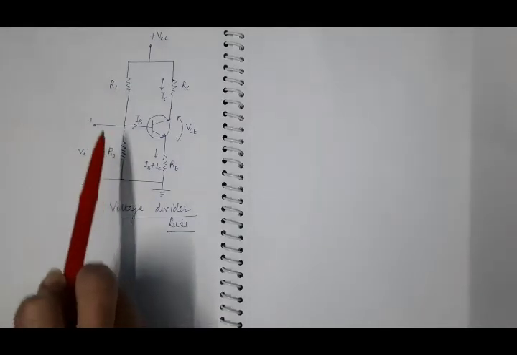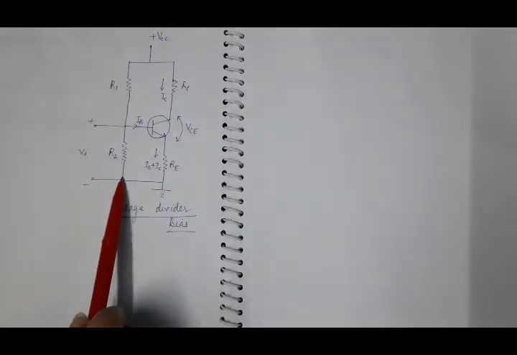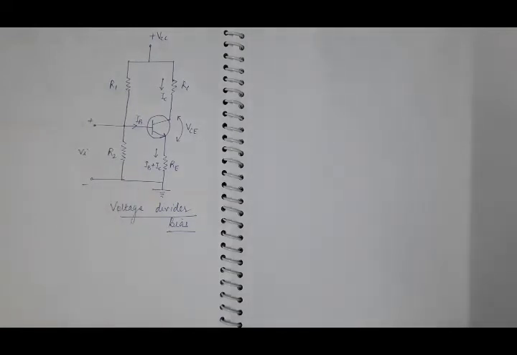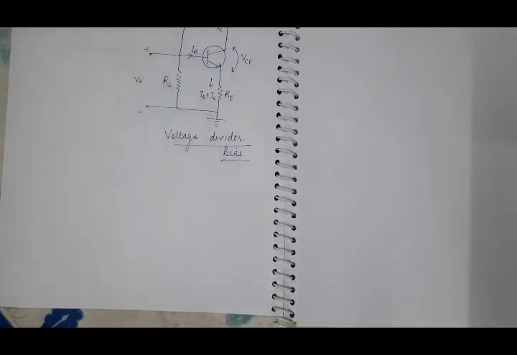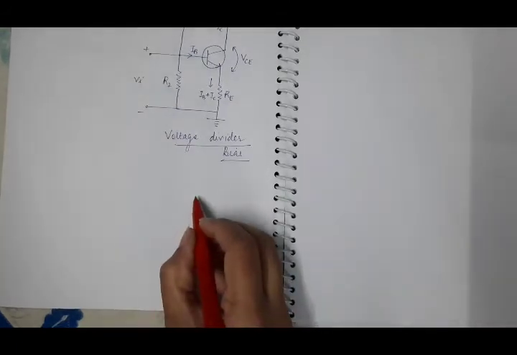What we will do is draw the Thevenin equivalent of this voltage divider network. So actually the main circuit of voltage divider bias, draw its Thevenin equivalent. The Thevenin equivalent will be